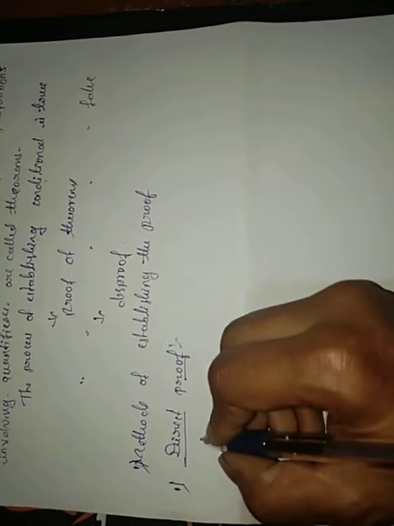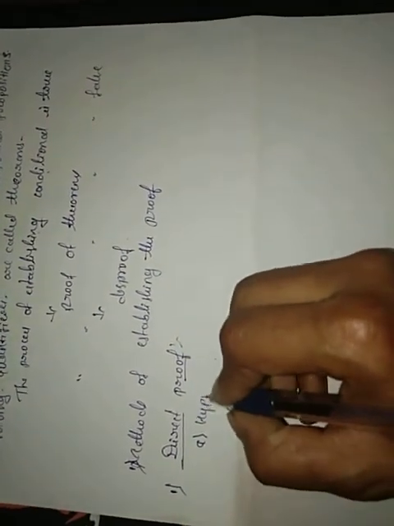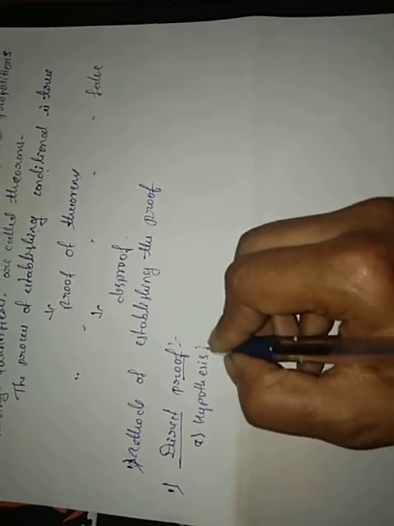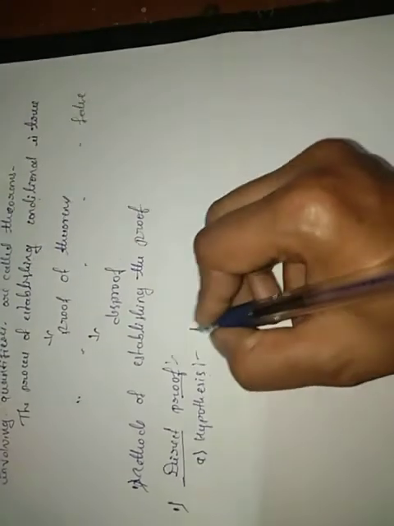So what is the direct proof? In the direct proof, mainly we have three steps. What is the first step? The first step is called the hypothesis. Hypothesis step means first assume